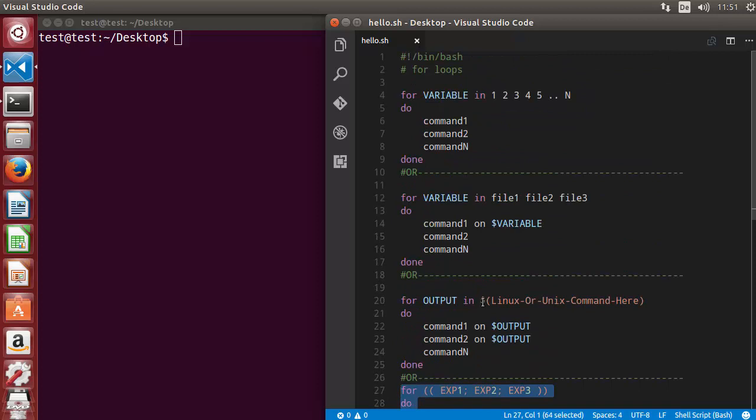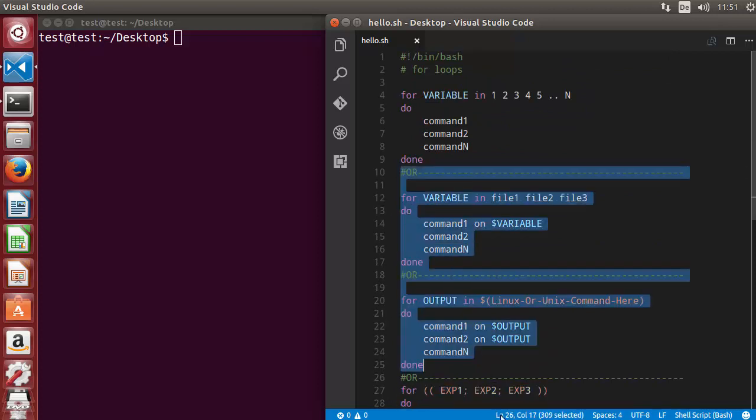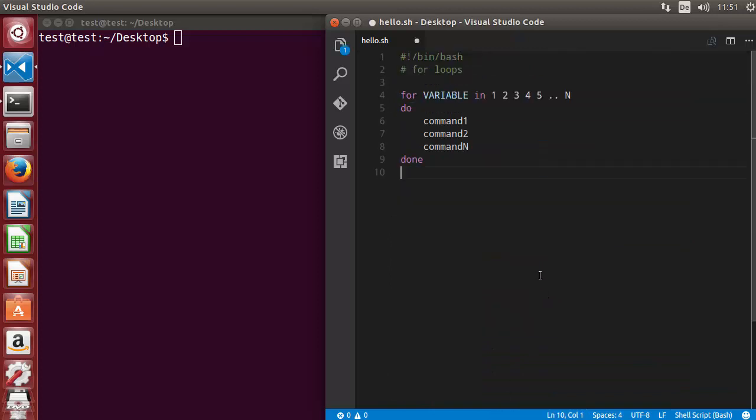So let's take some examples to understand the for loop in a better way. Let's take the most basic example. For example, I want to iterate over some numbers, and I want to print them. So I can just write the numbers like this. Whatever numbers I want to iterate on, I can just give the numbers separated by spaces. For example, I want to give 5 numbers, then I can give these 5 numbers here, 1 2 3 4 5. And in between the do and done keywords, I can echo the numbers